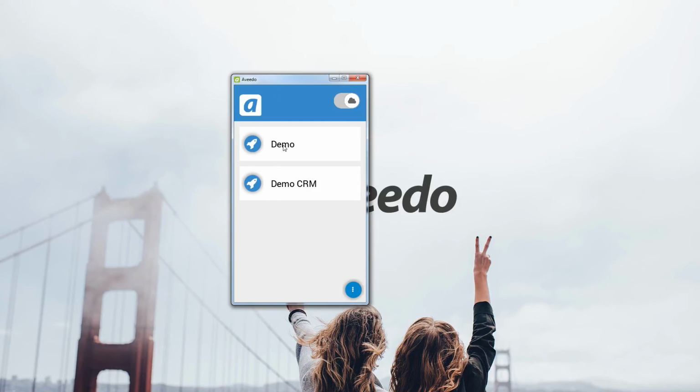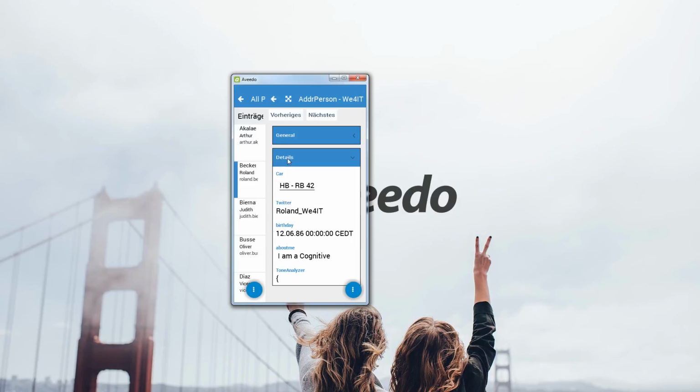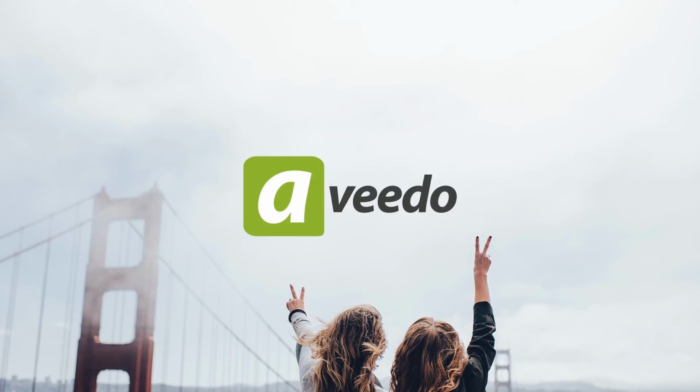As you can see here, this is our little demo environment. These are the two Notes applications that we just migrated. And just to demonstrate that to you, if I go to the person view here in the details, you can see that's the car field we added, and here's the relation to that car, and I can just switch to that car document view. How good is that inside the application? So that's a pretty cool feature that we also have a native application here with an offline mode that you can switch to. Great. So let's close this application